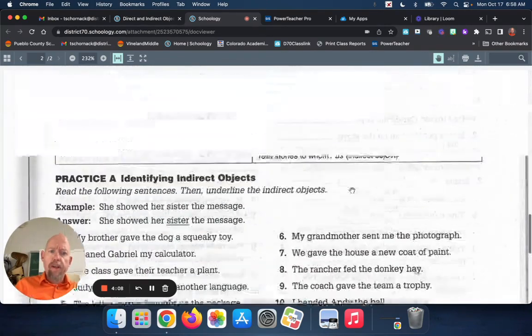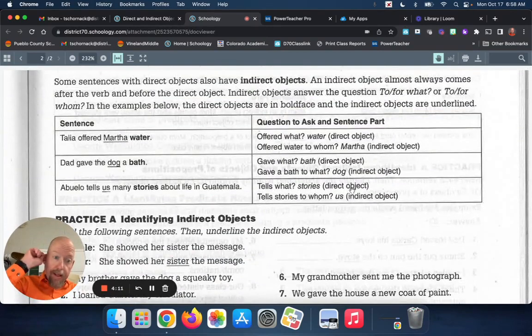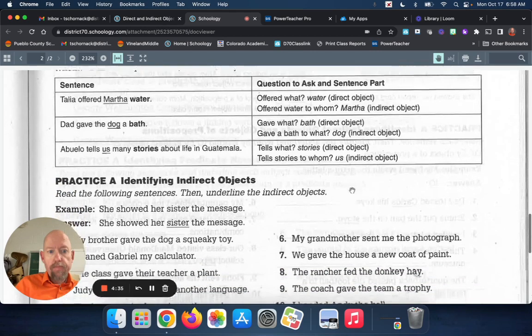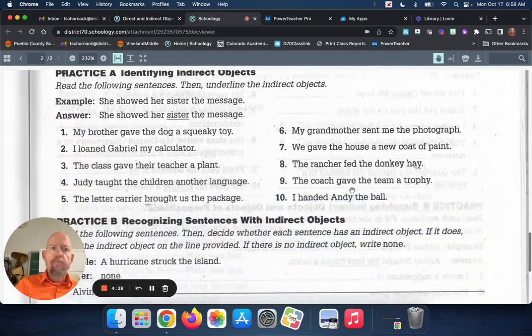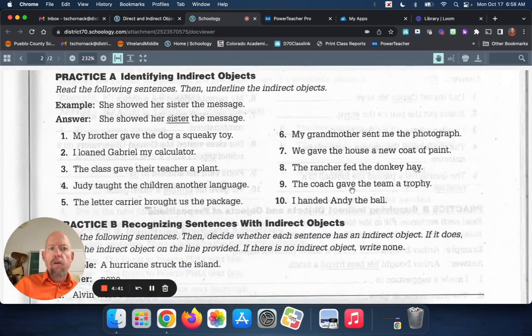Then indirect objects. Indirect objects, kiddos, if I'm correct, and I'm pretty sure I am, they always come before the direct object. If direct objects answer the question whom or what, indirect objects answer the question to whom or for whom, or to what or for what. So for practice A, we're not going to underline the indirect object because we're not writing on these pages. What you're going to do is just write the indirect object